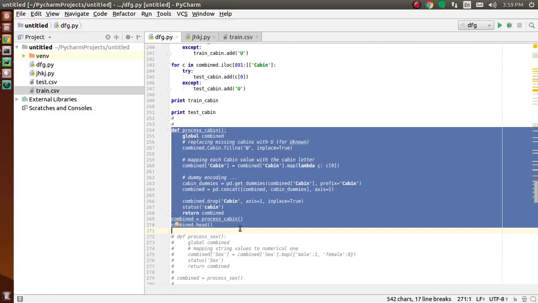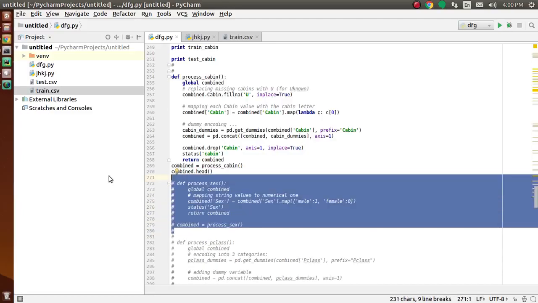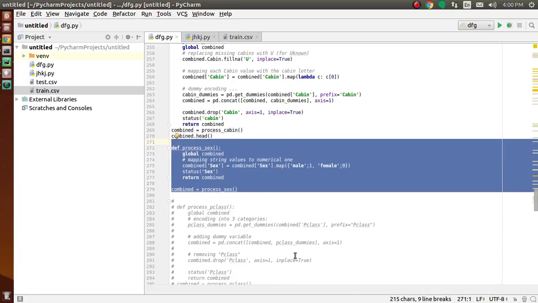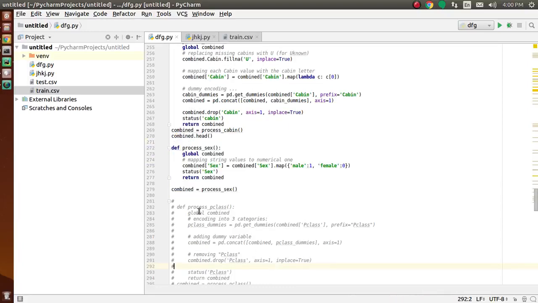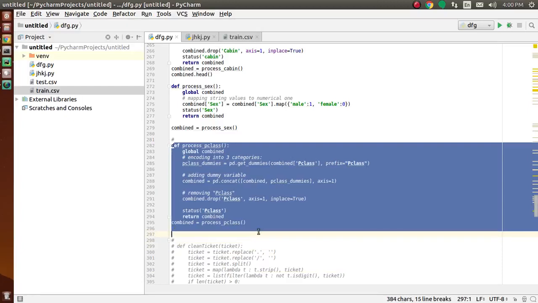After that, we process the sex variable. That function maps the string values male and female to a corresponding 1 and 0 value according to gender. After that, we process Pclass, that is the passenger class.